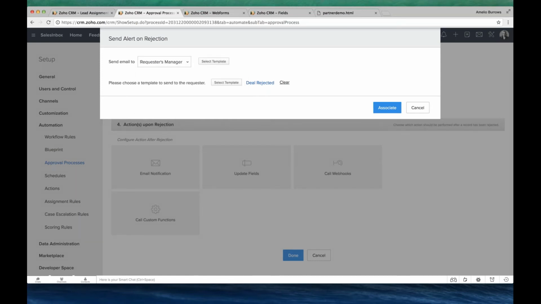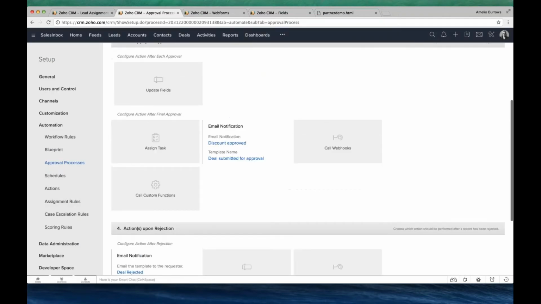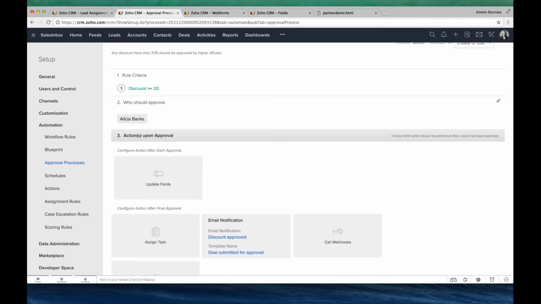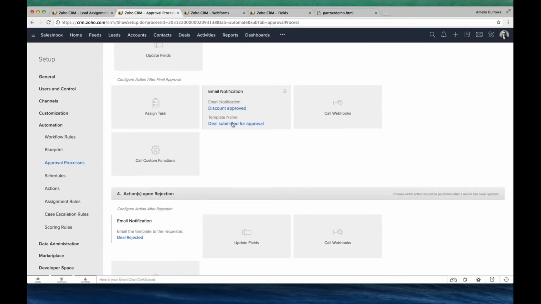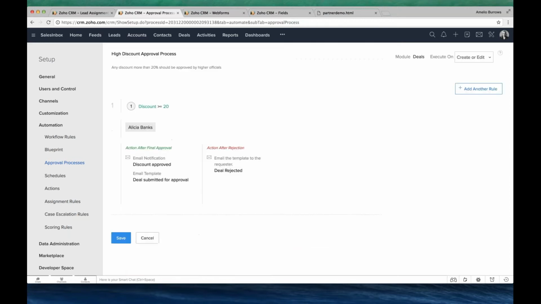Based on that, you can choose, and then the templates can be different if you require. I don't want to send it to anybody apart from the requester for this demo. I'm done. So let me check. Alicia Banks is the approver, and upon approval, an email will be sent. Again on the rejection, an email will be sent. I'm done.